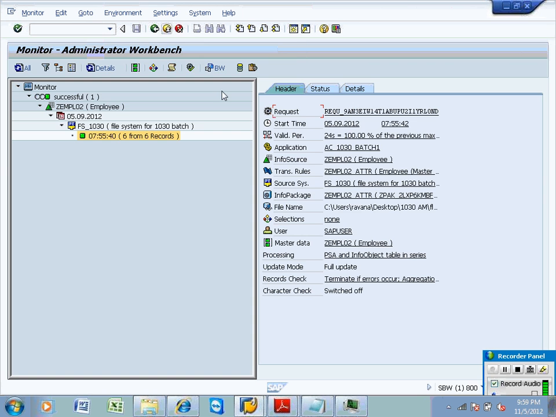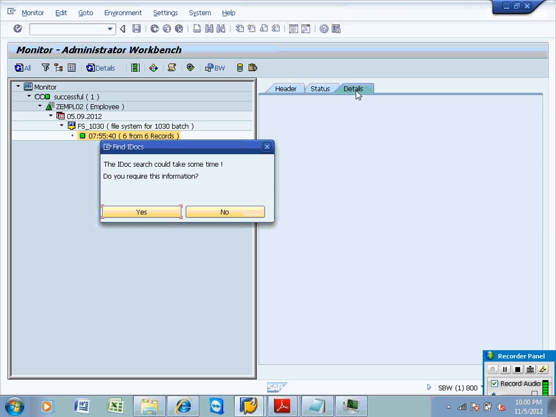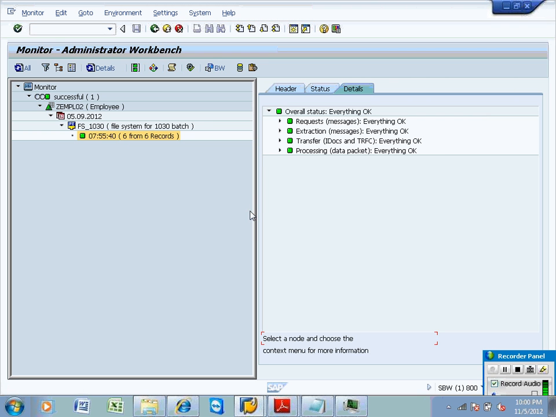Now come back. So this is your example, and I already discussed all 3 times. And it is updating data finally into which table? T table. What is your table name? What is your key table name? Slash DAC P and info object name. Info object is DEMPL O2. So you can see this information.